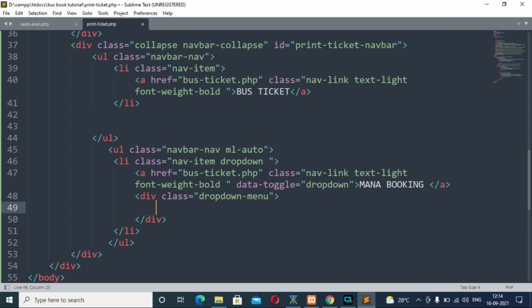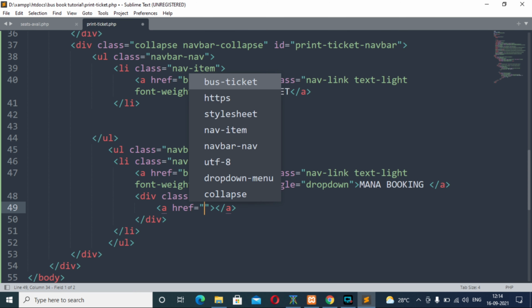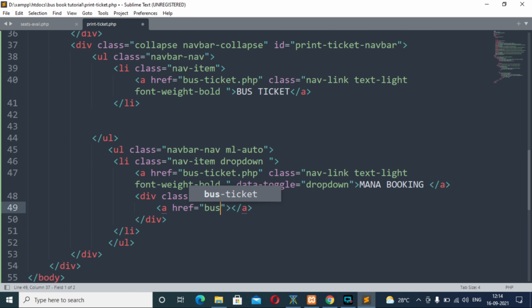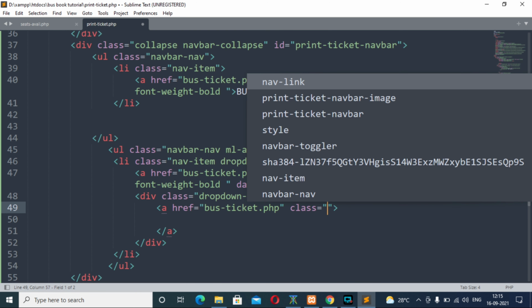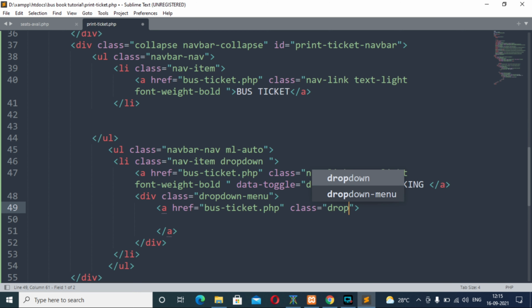Inside which we will have another anchor tag with the href attribute bus ticket.php. You can leave it blank as per your convenience, and the class attribute will be dropdown-item. The content will be bus ticket. Close this anchor tag,